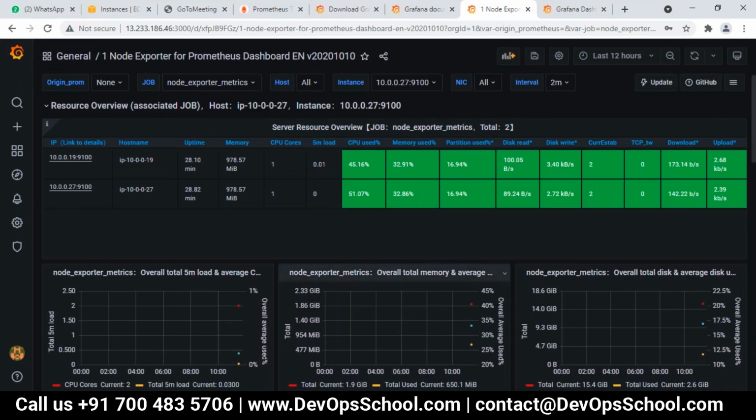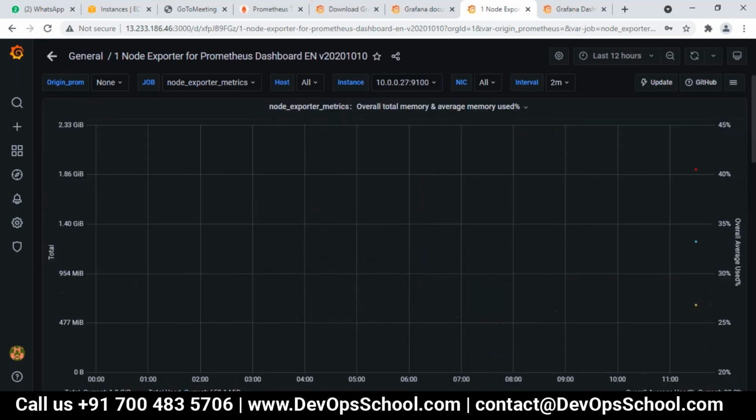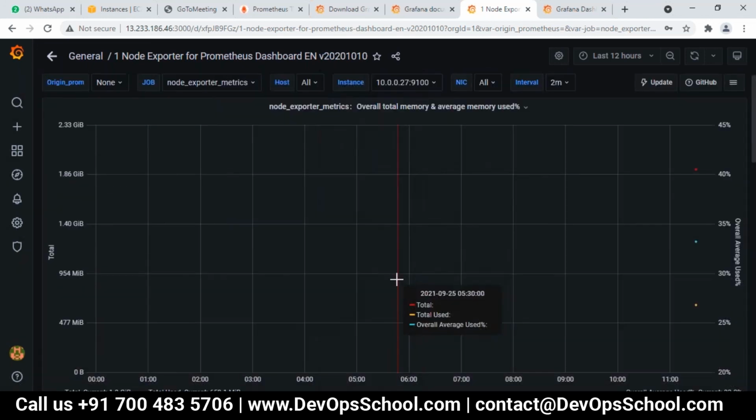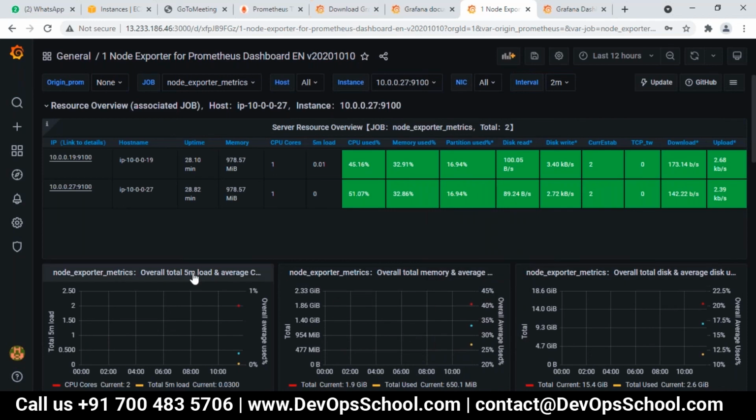If you want to explore this graph only, just click on it, go to view. It will show details of that particular graph. Where do we see the metrics of this? I mean, can you add anything new to this? That we are going to cover.